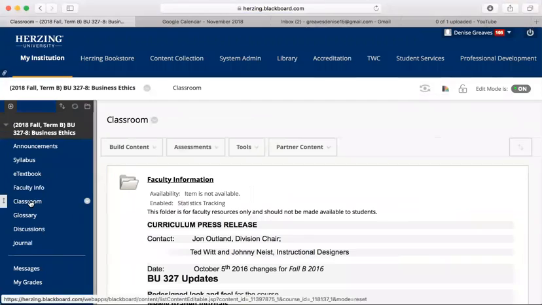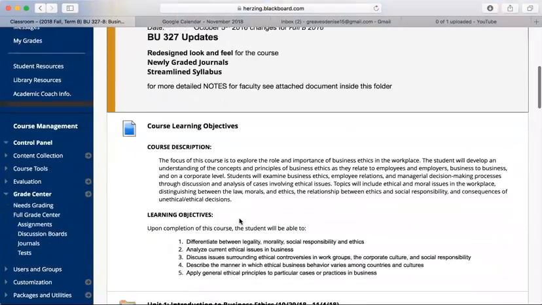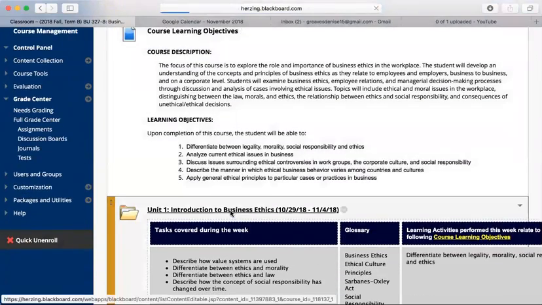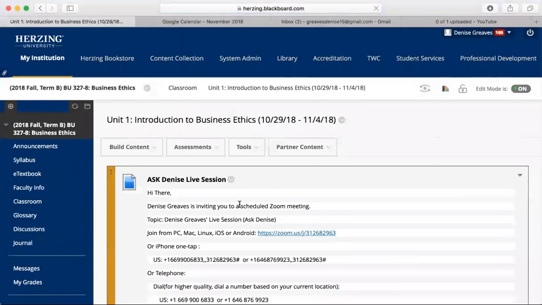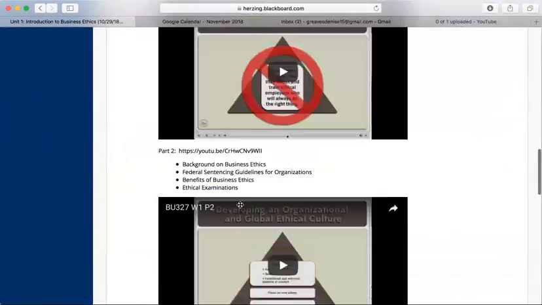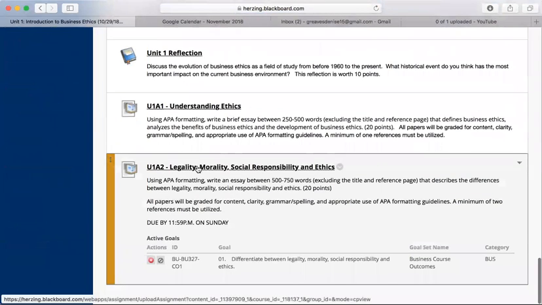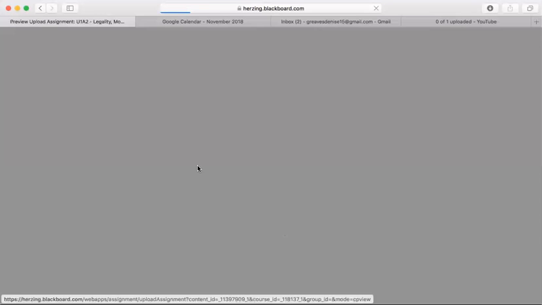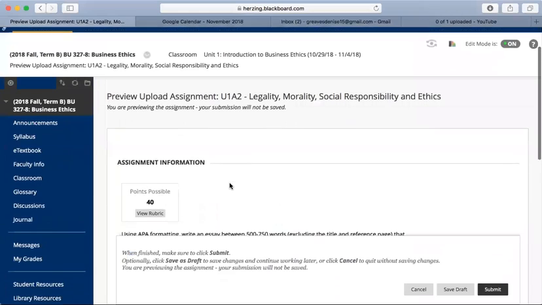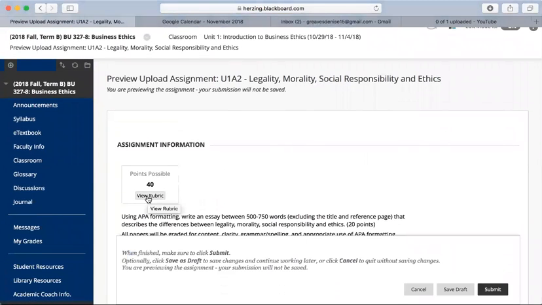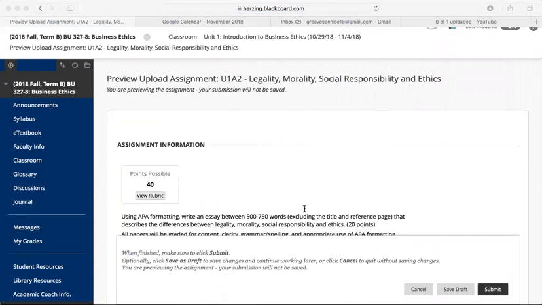If you go to your classroom link, like I would have done just a minute ago, you go ahead and click on your week 1, unit 1 folder. If you scroll to the assignment itself and you click on the assignment, you will see your rubric here. All you need to do is click on View Rubric, and the rubric will show up for you.